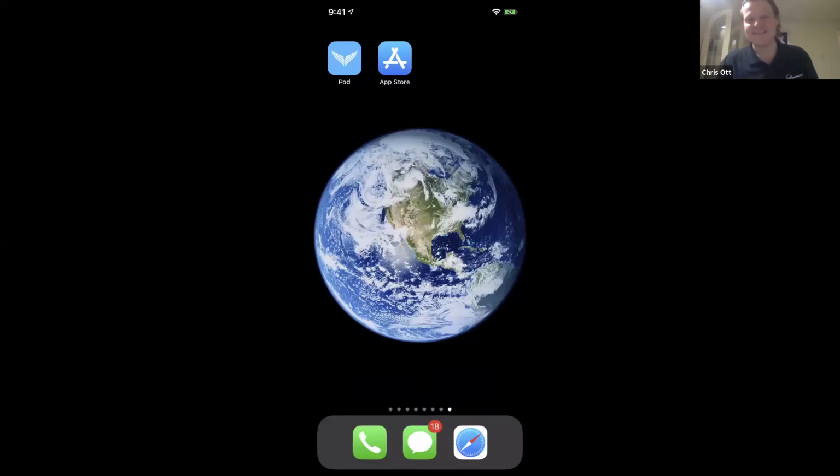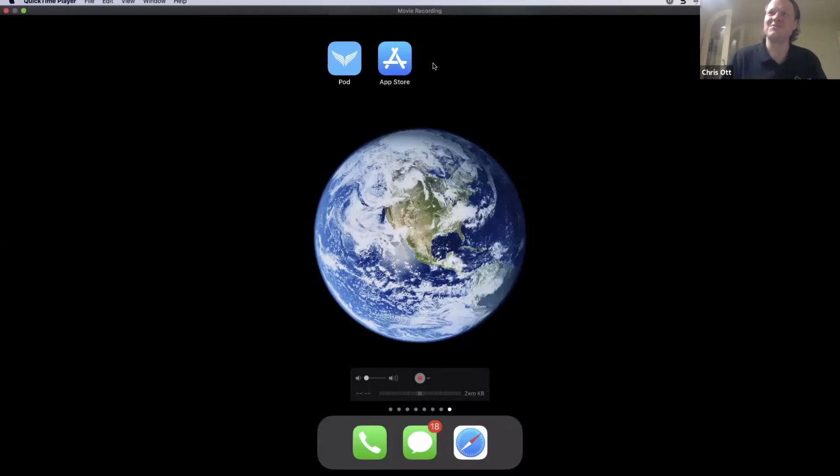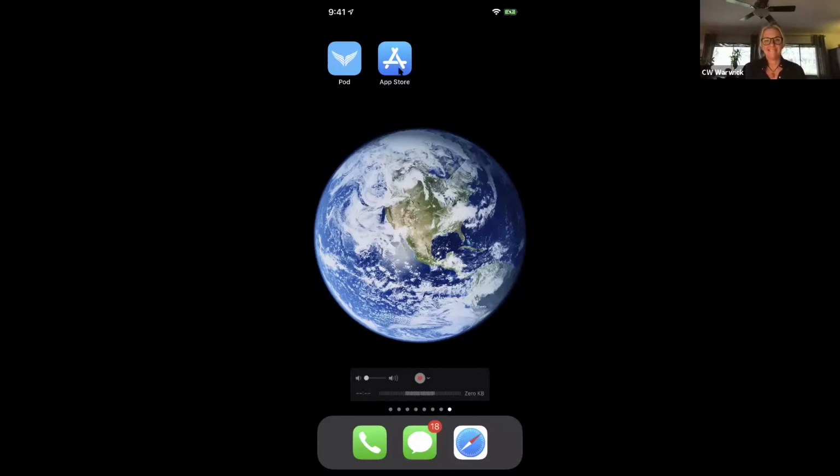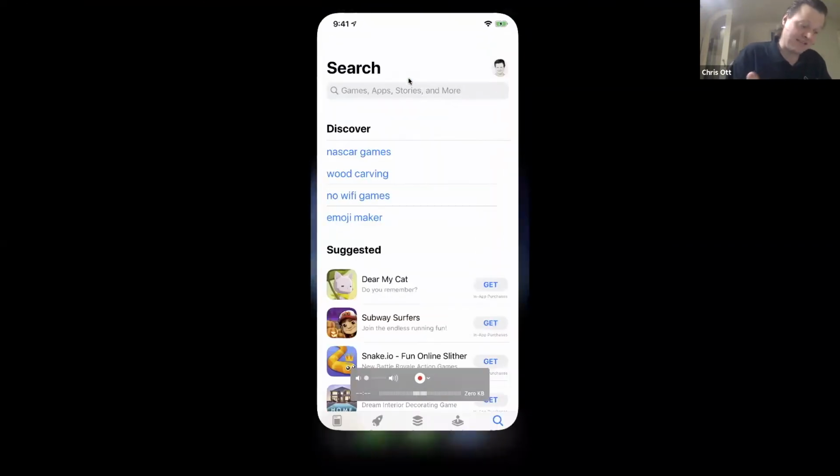I'm very glad that CW used Vermont as her example, so I had to do a quick change of gears here. I was going to go big and go for Massachusetts, big as far as New England goes, but I'll stick to Vermont too. So everybody is familiar with the App Store if you have an iPhone. If you have Google, it'll be the little shopping bag, the Google Play Store. But that's where you go to get all of your apps.